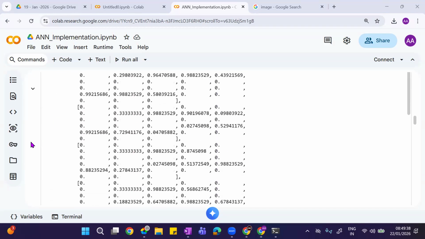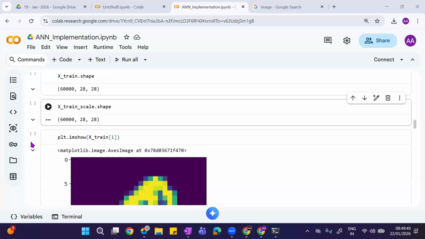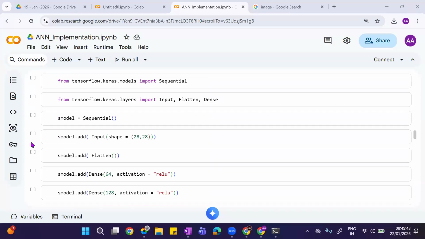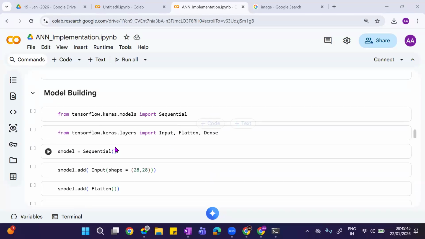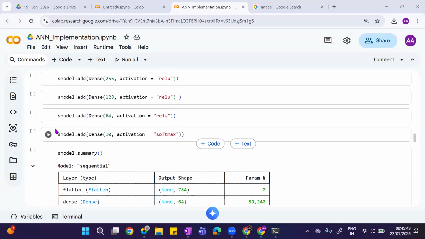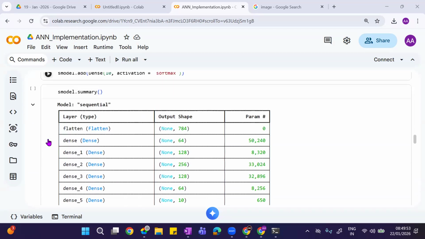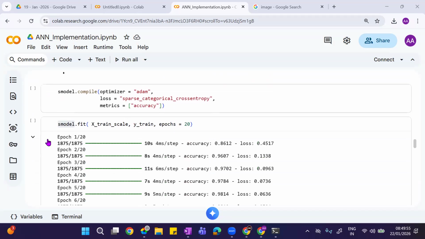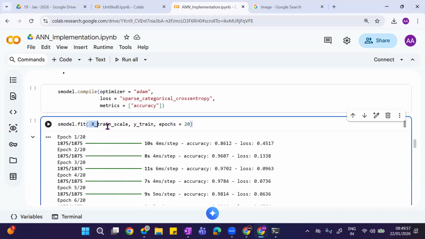Here I created the model. We build the model over here. Now, when you go down, here I'm giving the data.